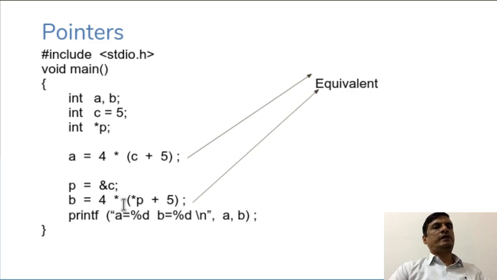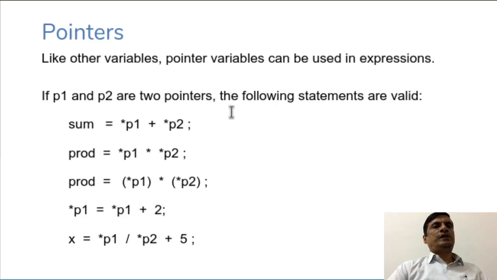You need to have clarity when you use these, because quite often the programmer gets confused when using ampersand, star and normal variables, and then definitely there will be some sort of confusion. Try to get clarified with these simple short C snippets, which illustrate when, where and how you can use pointer variables. You can use pointer variables to sum up, to multiply, to add a constant, or to divide, etc.